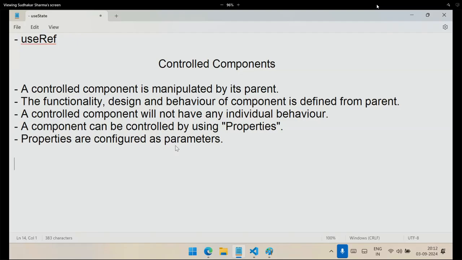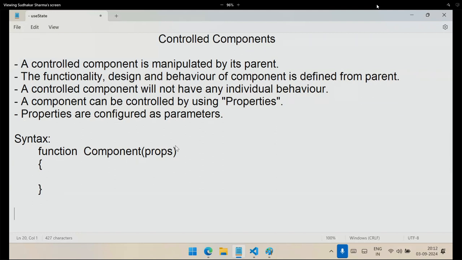Properties are configured as parameters. Syntactically, we have a function, component, and props, and it will return some JSX. So just return function like, okay. Now here, props